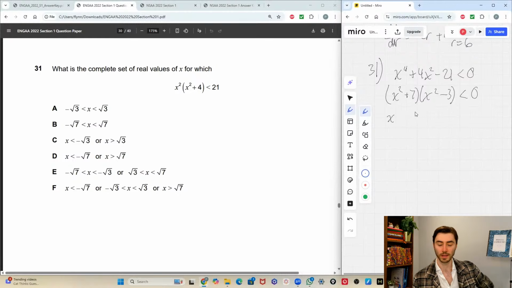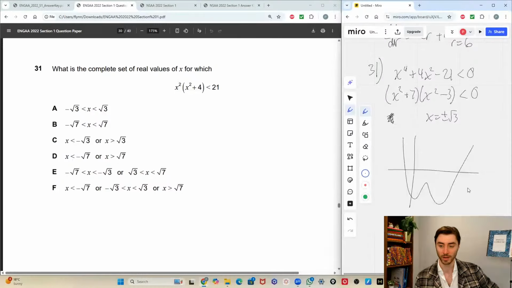So how would I sketch this? This has no solutions because it's minus 7 plus 3, x squared plus 7, x squared minus 3. This absolutely works. There's nowhere where this is equal to 0. So x is equal to plus or minus root 3 here. If I sketch it, it's going to be some business that does something like this. But the point is,